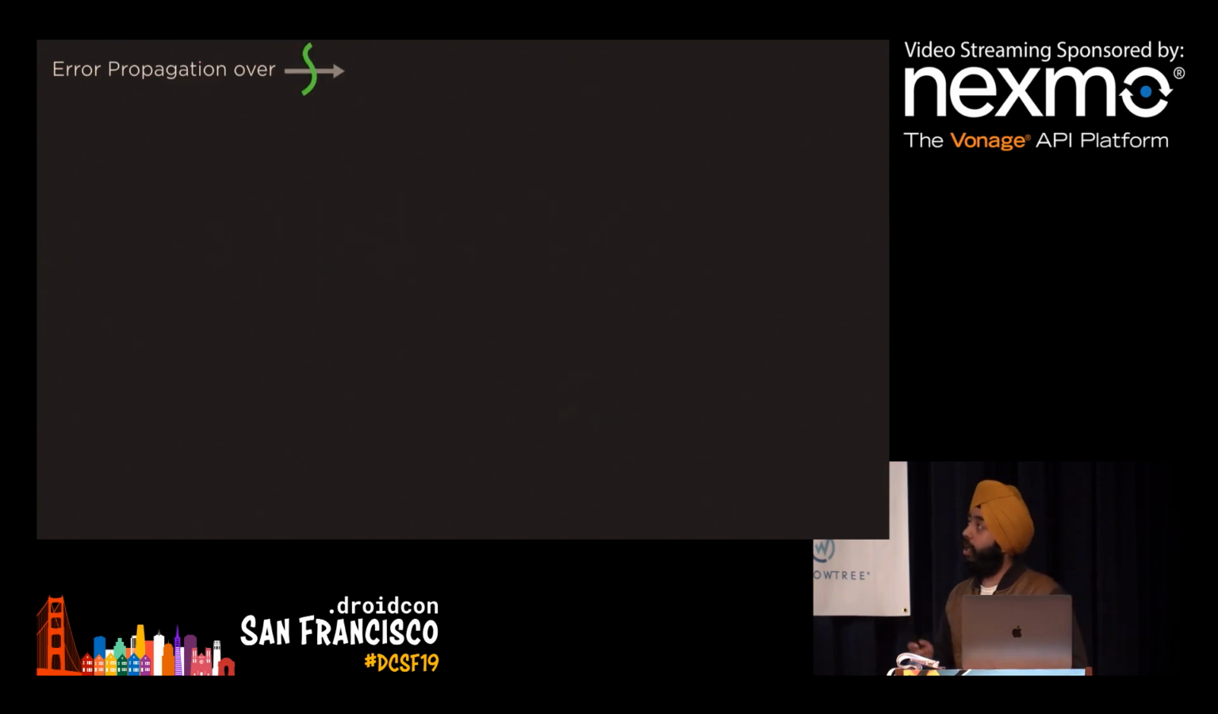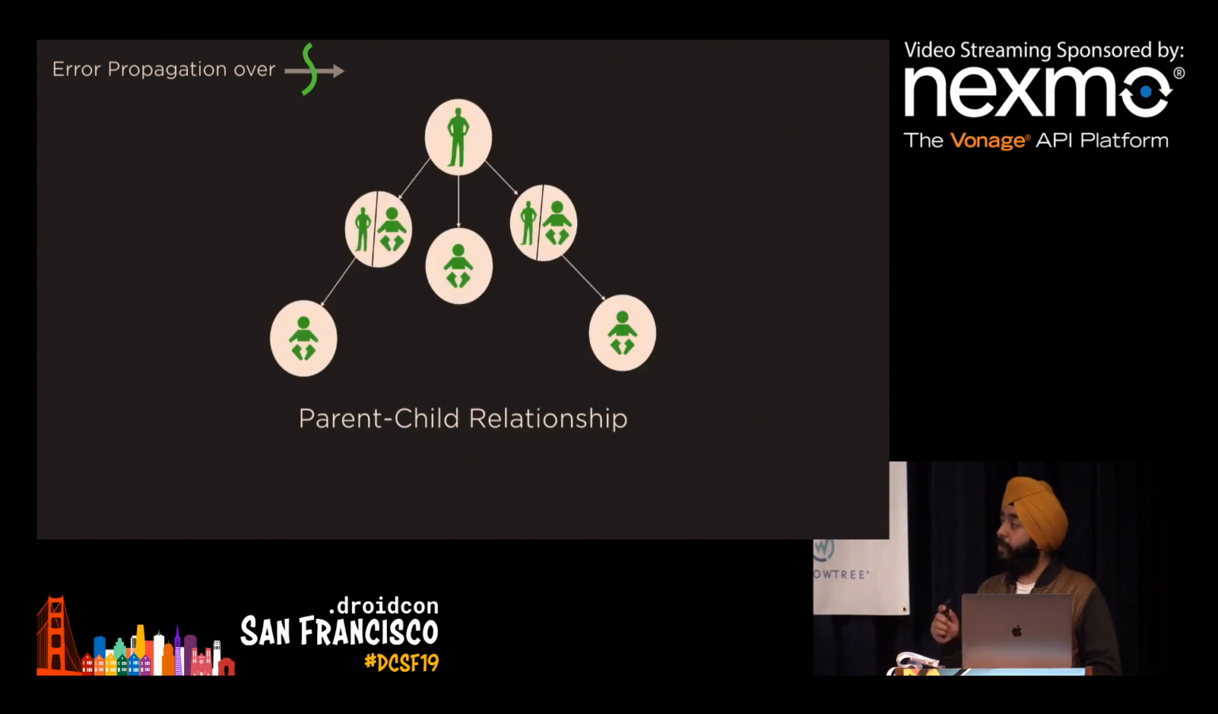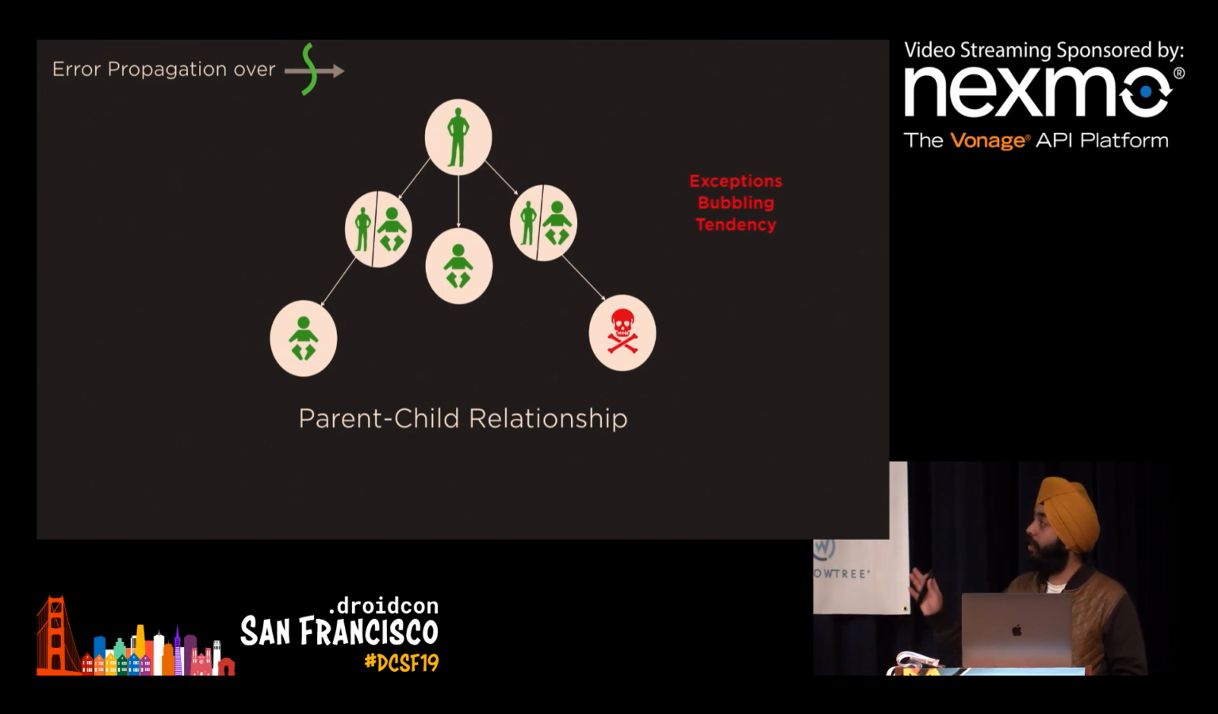Now, let's go to error propagation over coroutines. Before understanding the error handling of coroutines, we have to understand how coroutines behave when there is an error. Coroutines have some kind of parent-child relationship when you use them in a view model or any kind of thing. So now, when there is some error in that tree, let's imagine there is an error